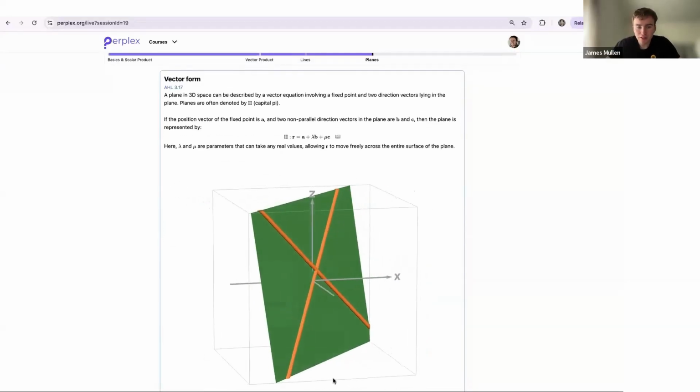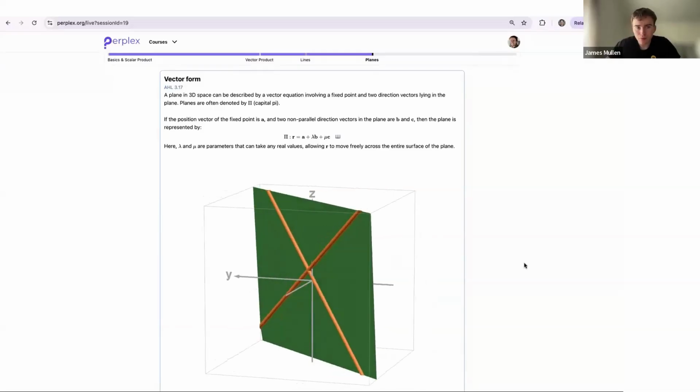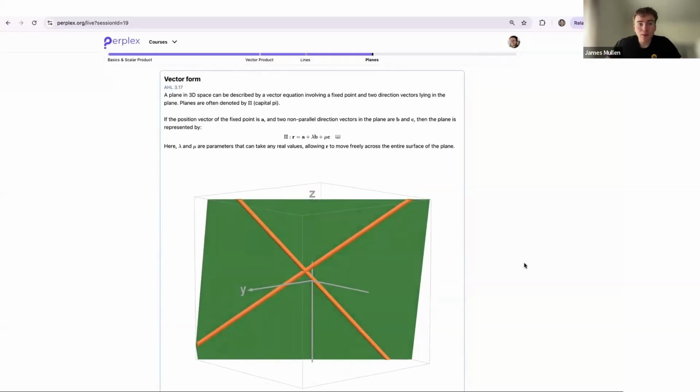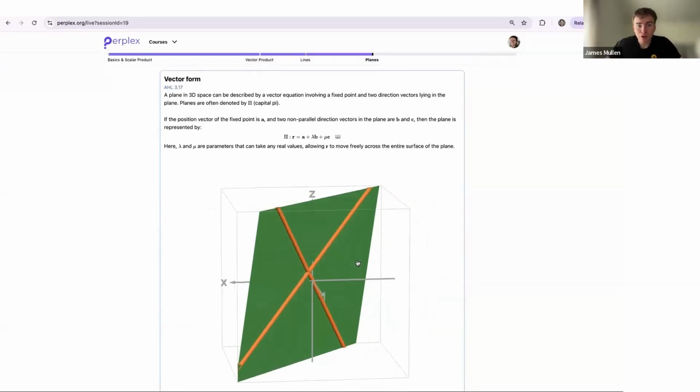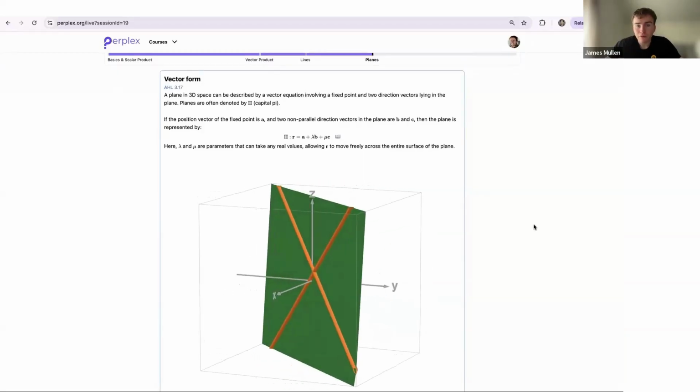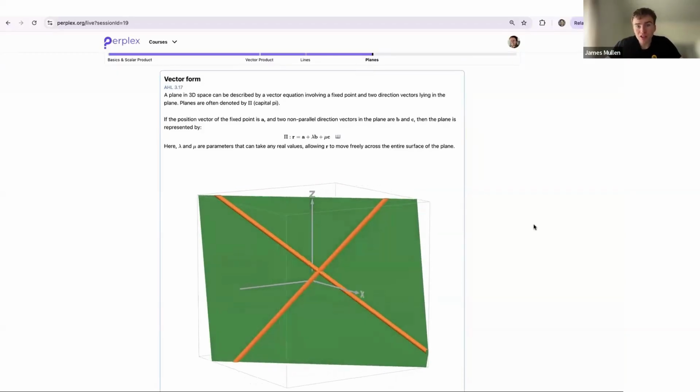All right. That is everything from lines. We're going to talk about planes now, okay? A plane in 3D space can be described by a vector equation involving a fixed point and two direction vectors